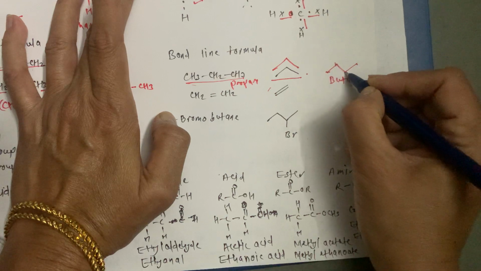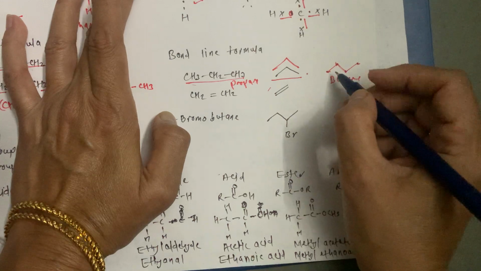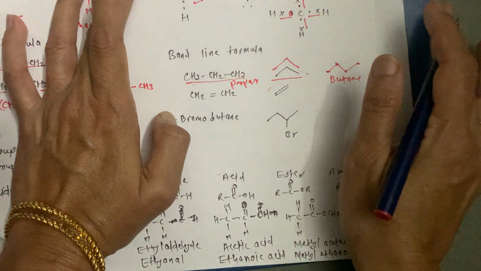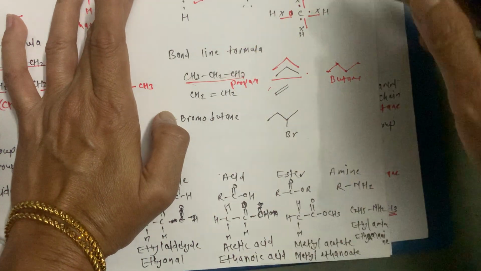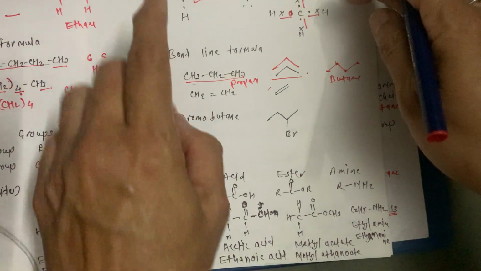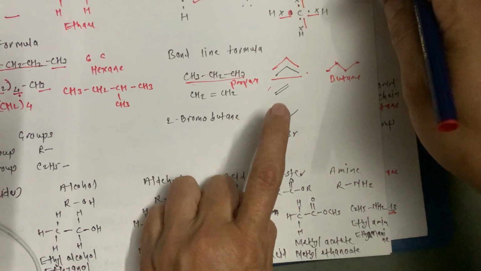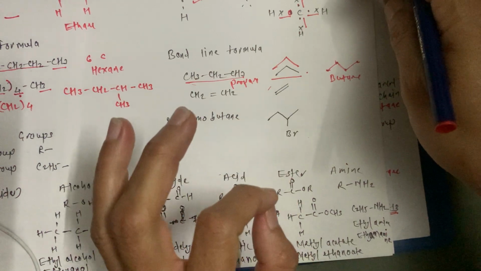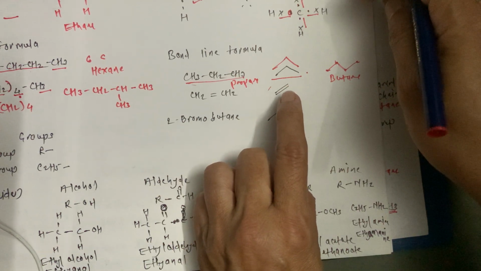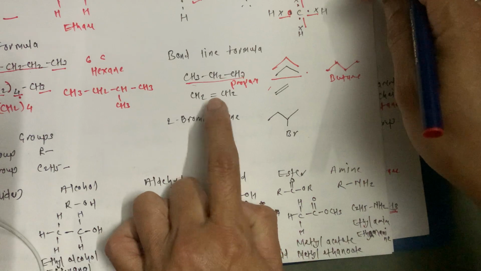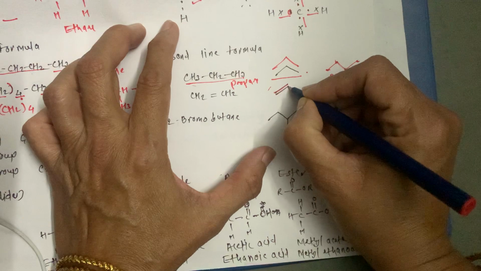These joining points of lines are carbons. We should not mention hydrogens. This is important, as this is simple as well as somewhat difficult too. You have to understand how to write; only your logical sense you can use. So now here it is CH2 double bond CH2. So we are going to mention it just by a double bond.